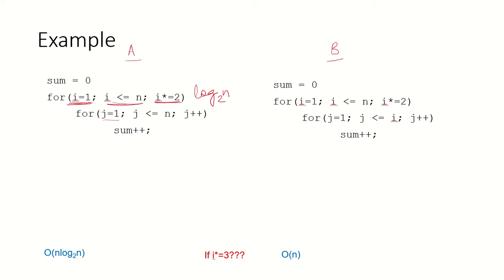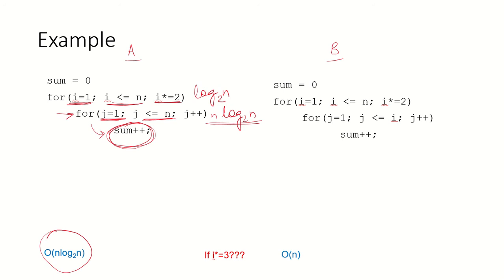And within the loop, we have another loop which is going 1 to n. So for each value of I, this would be executed n times. So that means the total number of times this is going to be executed is n log n. And obviously one more than that, because in the last comparison, it will not go inside the loop. So we know that this statement sum would be executed n log n times. So we say the time complexity of this algorithm A is n log n.